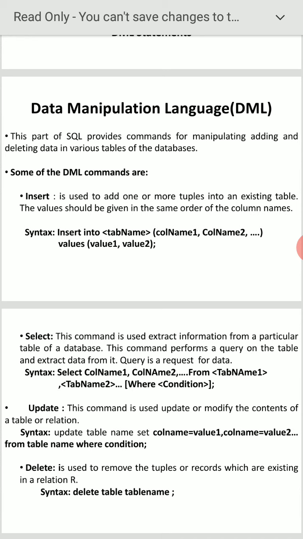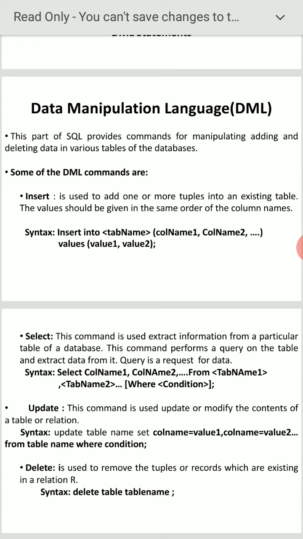These are all the available DML commands. What is the purpose of DML? Manipulation of data: adding, deletion or updation. That is the main purpose of the data manipulation language. Already I explained data definition language.